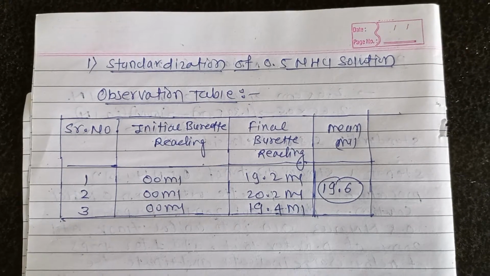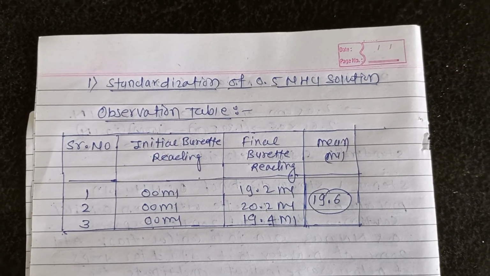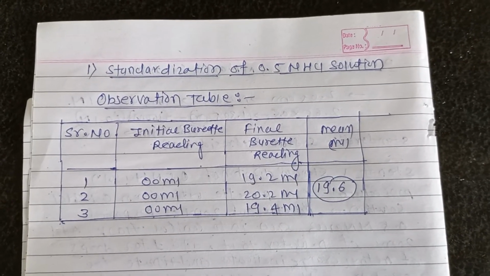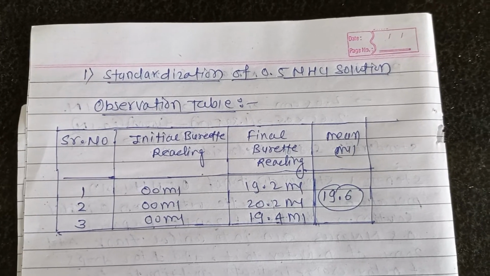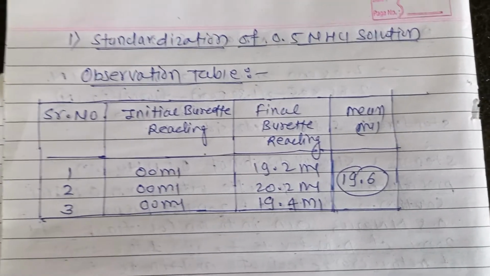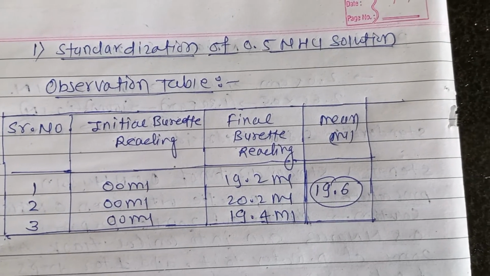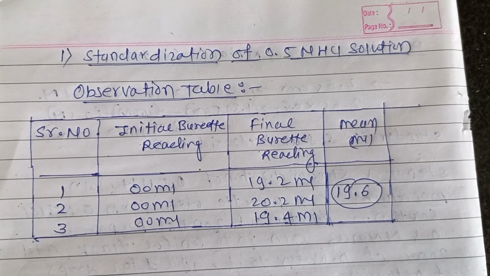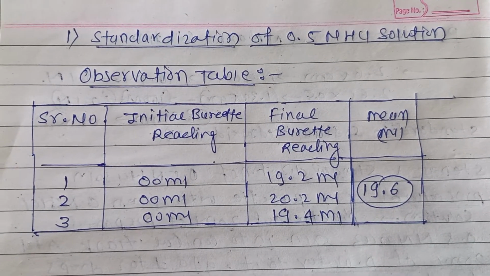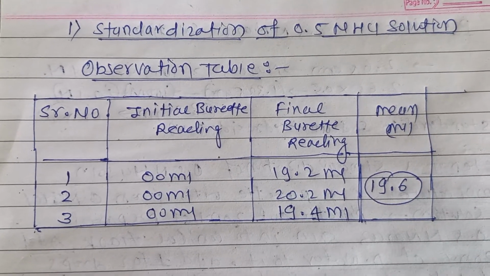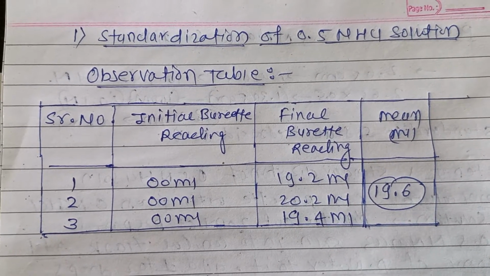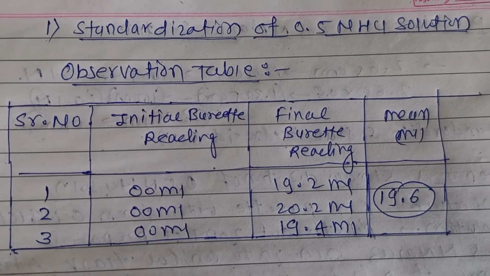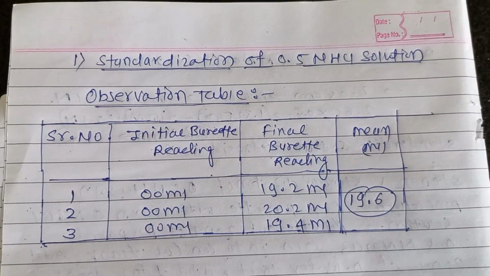Okay. After the standardization of 0.5 normal HCl solution with 0.5 normal sodium carbonate solution, we get 3 readings. So this is the observation table for standardization of 0.5 normal HCl solution. As per the procedure, we have taken the 3 readings. Into the observation table, serial number 1 to 3, initial burette reading is 0 ml. After that the final burette reading